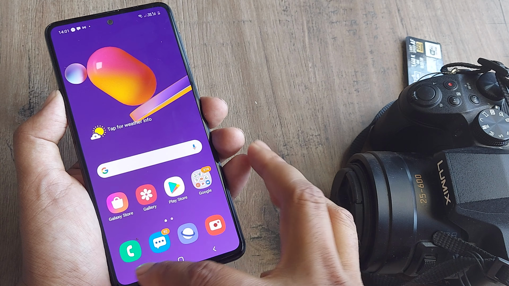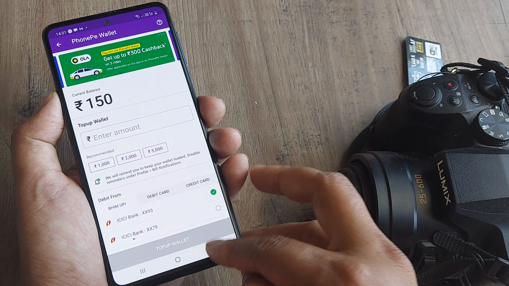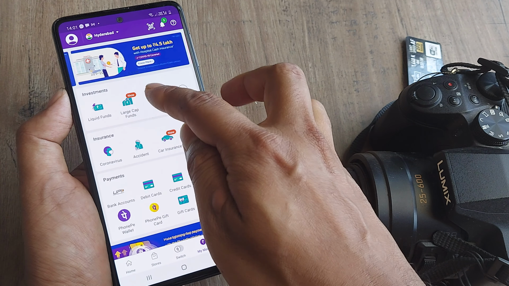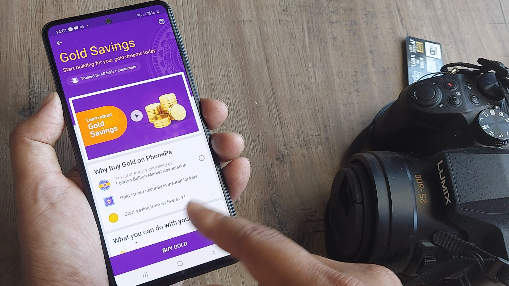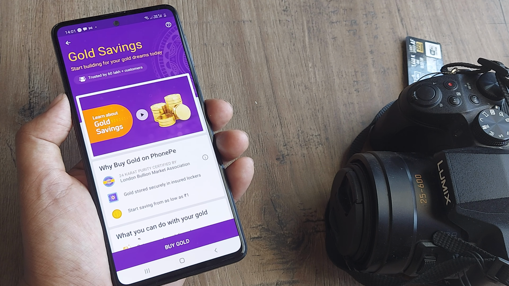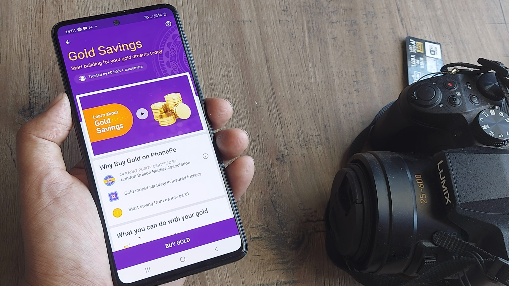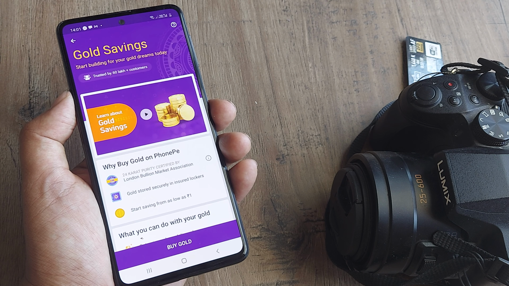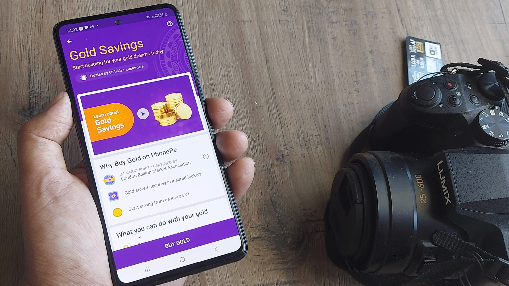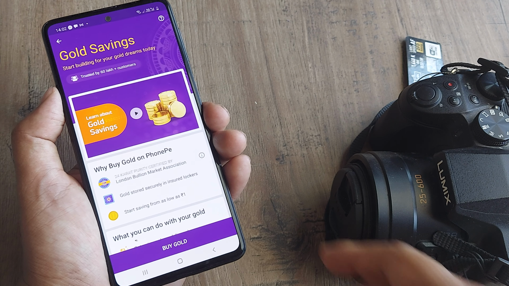There are basically two ways here, and I will show you what you need to do. You need to buy gold with the wallet. Once you buy gold, the wallet money is used for this digital gold that's purchased. It's credited to your account after only 3 to 5 working days, after which you are able to sell. But again, because of the GST and the gold fluctuation, you may lose some money.